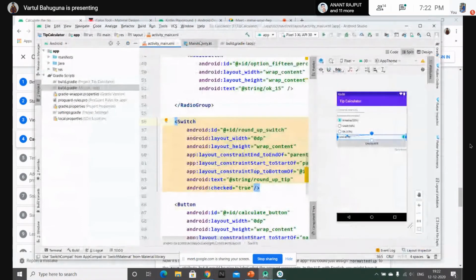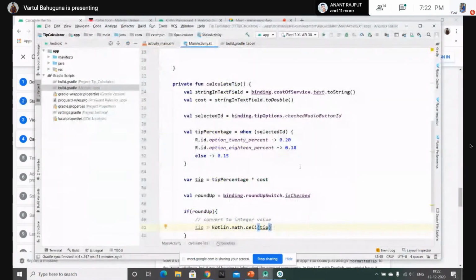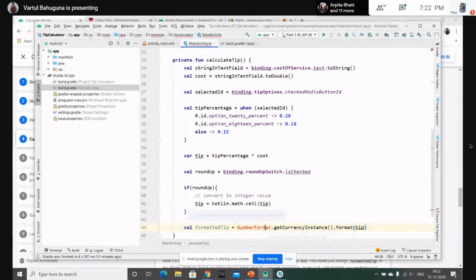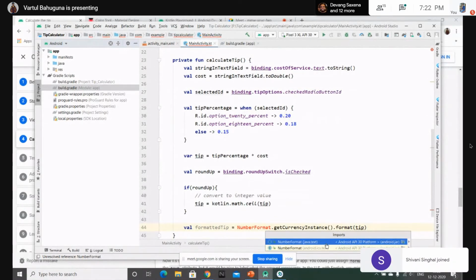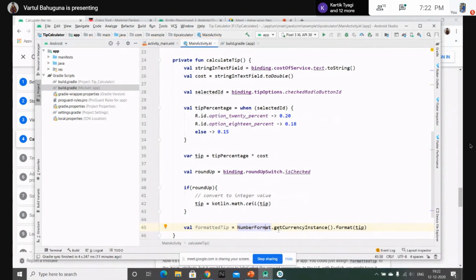So let's just copy and paste the code over here. So here we can see, let's just import this number format. Make sure you import the java.text, that's here, this one. So here it will get the currency instance from the user's device, and then it will format our tip.